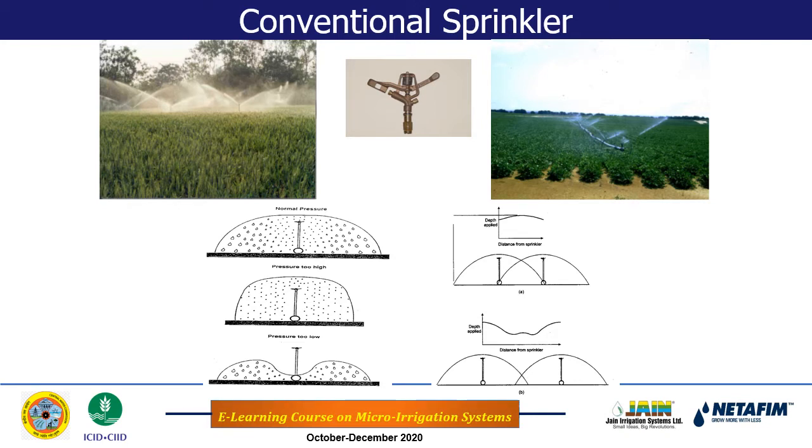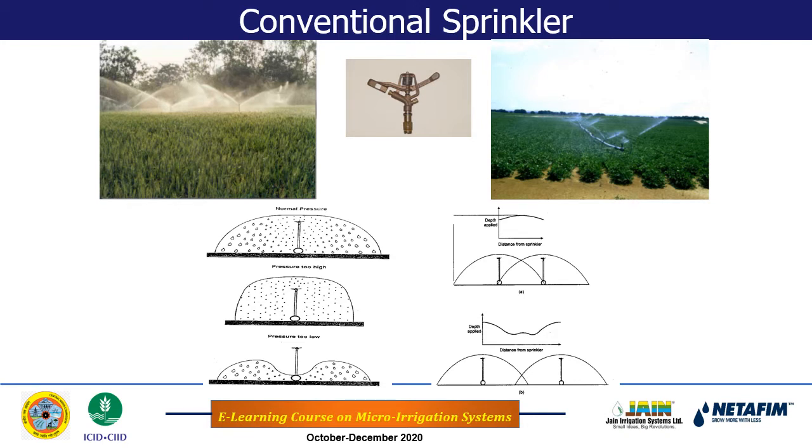Because in case of sprinkler irrigation method, the pressure at the nozzle is very, very important. So you see this is the nozzle, the middle photograph is the nozzle, and in the photograph at the left hand side, water is brought up to the field, then with the help of the nozzle it is sprinkled